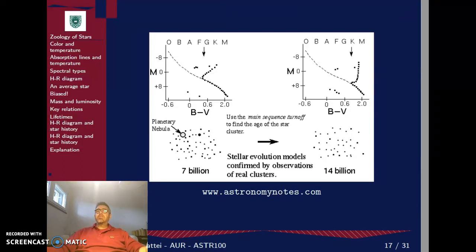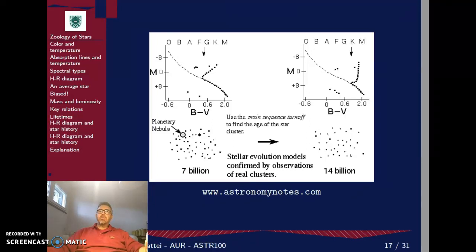So actually, it's just needed to measure the point at which the color magnitude diagram bends, namely this point here. This point tells you what is the age of the star which is the next to disappear from the main sequence. In other words, once you know the lifetime of a star here, you know the age of the whole cluster of stars. As time goes on, this point here moves to the right in the B minus V